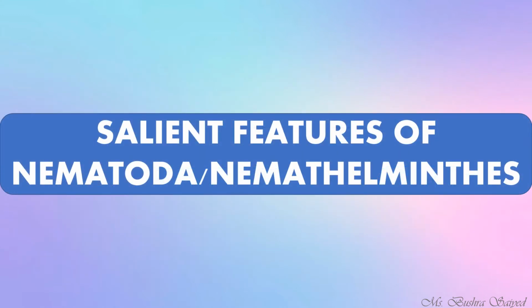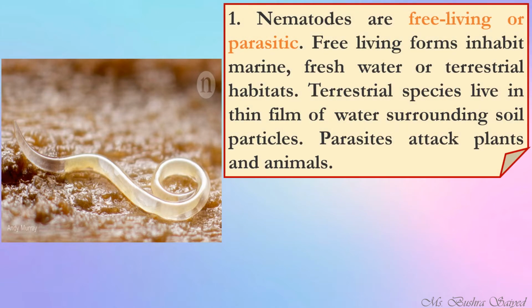Coming to the salient features of Nematoda, Nemathelminthes or Aschelminthes. Usually in common terms, we call these organisms belonging to Nematoda roundworms. As you can see in the diagram, the organism is round in nature. Nematodes are free living or parasitic. Free living forms inhabit marine, freshwater or terrestrial habitats. Terrestrial species live in thin films of water surrounded by soil particles, so they usually live in a moist area